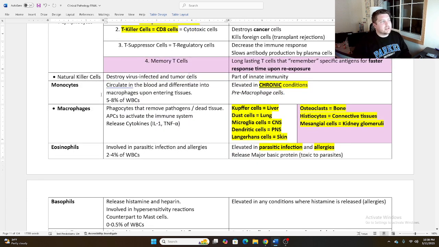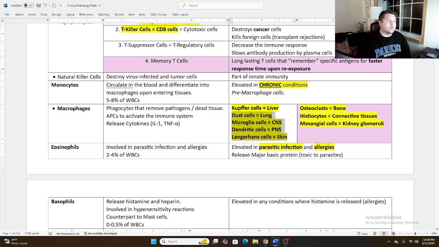Monocytes, these are cells that are circulating in the blood system, and their job is to differentiate or change into the macrophages upon entering tissue. They're specifically elevated in chronic conditions because it means in chronic conditions we have chronic inflammation, chronically damaged tissues, so they're constantly going. Monocytes turn into macrophages. This is our list of macrophages. This list for sure